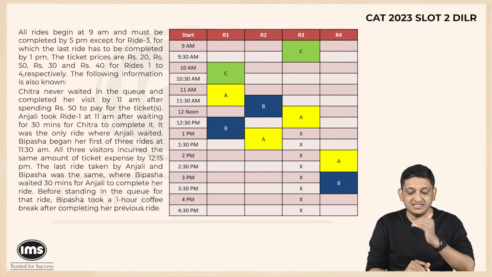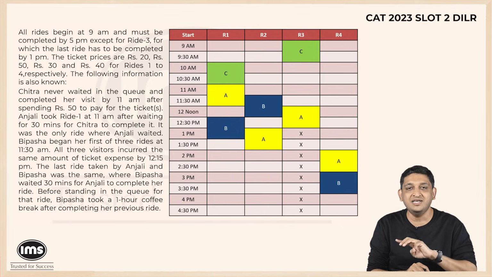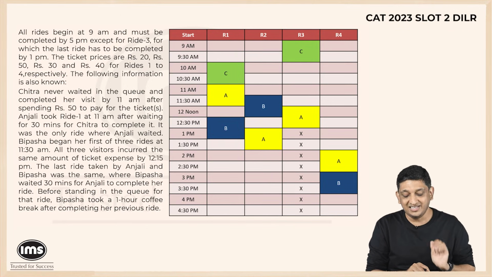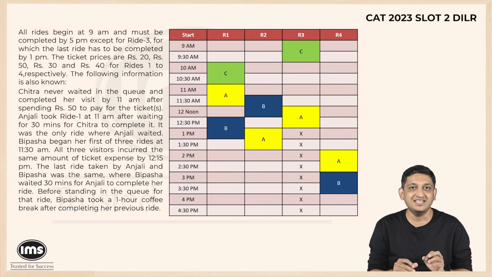And now we have the entire thing in front of us. We know that Anjali has taken consecutive rides. She does not have any break. Chitra has taken consecutive rides, does not have any break. Bipasha has one break of 1 hour and 30 minutes waiting time for ride 4 to begin. And that is basically this set. So if you would have taken care of just that one condition, I think you would have cracked this set easily. And people who have solved past year CAT papers, you would know that a lot of these sets are based on that one statement. And this was one classic example of that particular phenomenon.